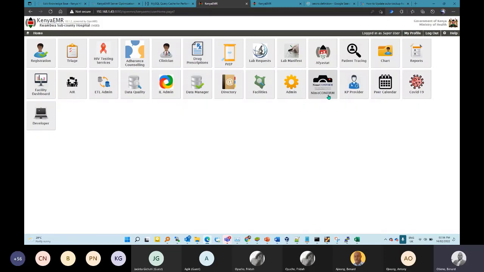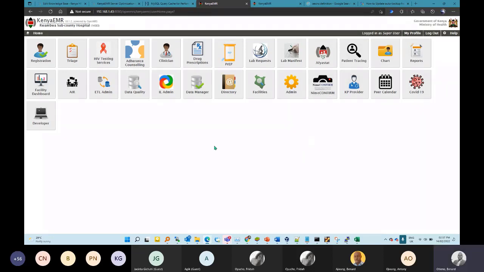So in a case where you don't use nimeconfirm, then it is possible to disable the schedulers for nimeconfirm so that it doesn't have to keep on running without any reason, without giving you any value. So we can always turn it off as a way of saving some of our system resources. Then we free up most of the resources to do what we really need them to do. So how do we disable a